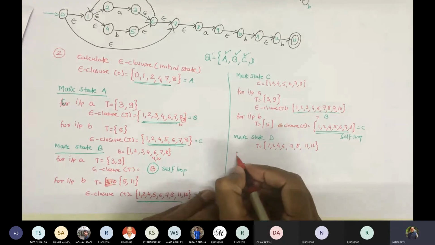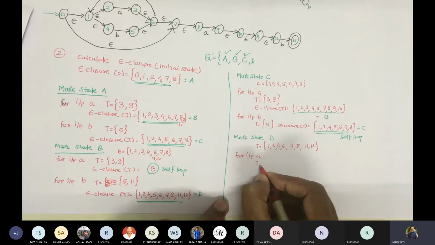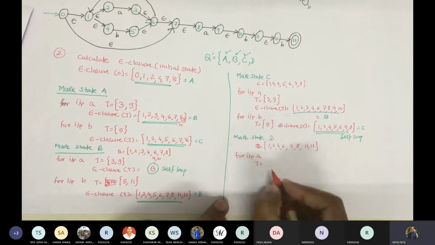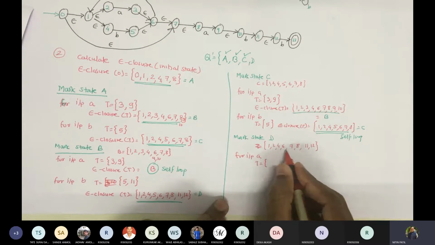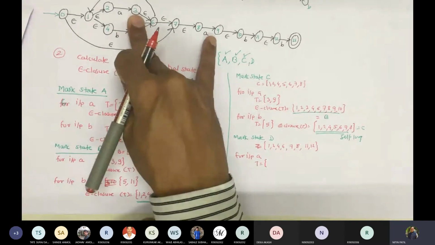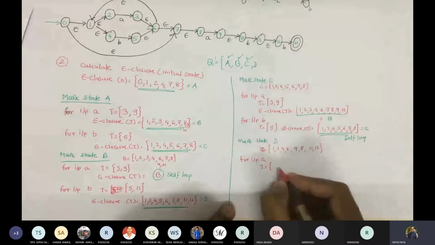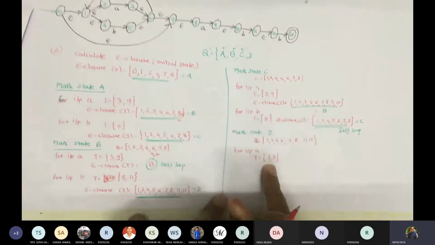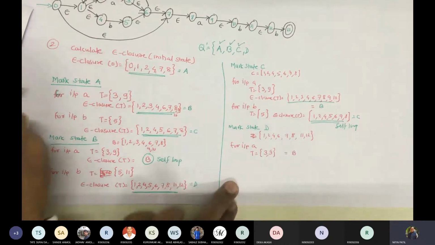Now for input A, compute T. What is T? 1, 2, 4, 6, 7, 8. We have 3 and 9 in this, because 2 and 8 are part of this set. So this is 3 and 9. We already computed it, so I will directly write it. It is B. Correct.